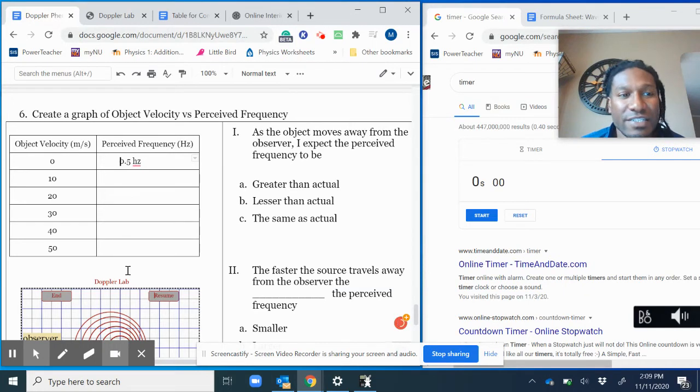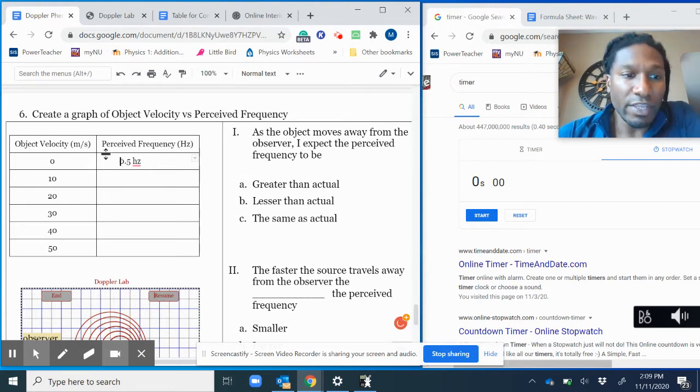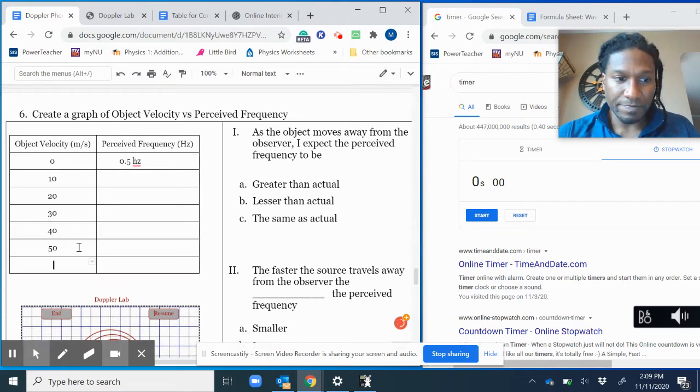We're checking out question 6, and it says create a graph of the object's velocity versus the perceived frequency. So it gives you numbers that you want to calculate. Actually, I'll add one more. Perfect. And you're going to end up making a graph using this data, which means you're going to be using